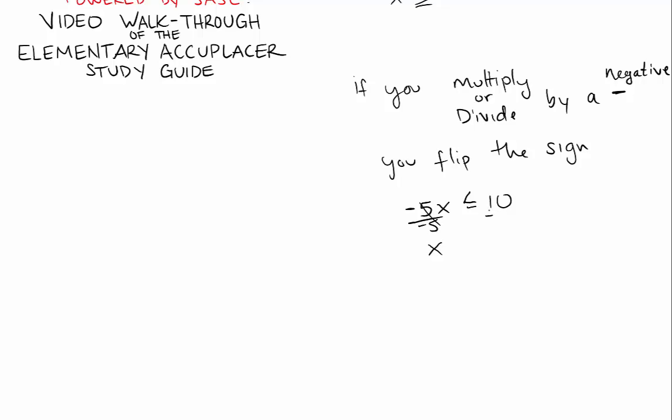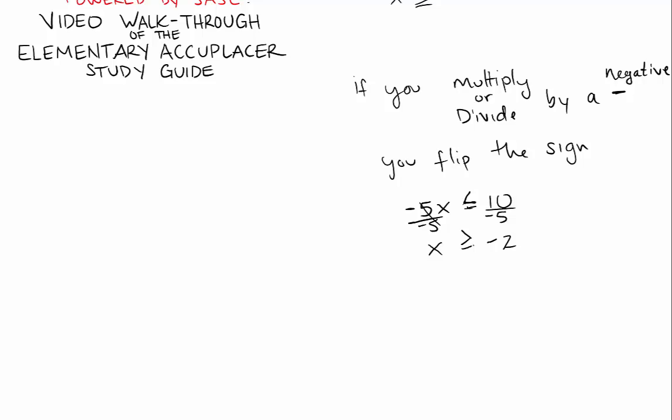Well, I'm going to divide by negative 5 over here. And 10 divided by negative 5 is negative 2. But because I divided, or multiplied, in this case I divided, by a negative, I'm going to flip the sign. So instead of being less than or equal to, I'm going to be greater than or equal to. And that has to do with what a negative really does. When we multiply or divide by a negative,